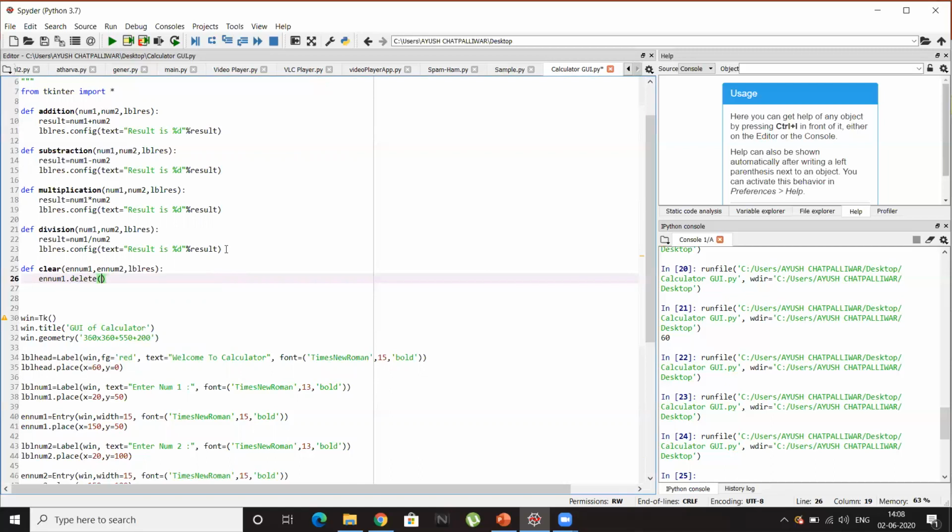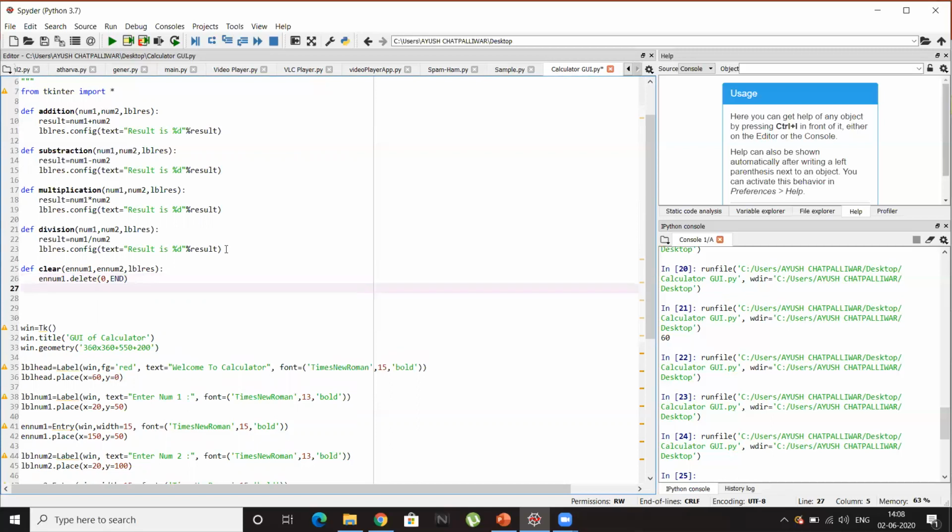Inside that delete function, we just give 0, comma, END in caps. Similarly for en num2, the number 2 entry box dot delete, and inside that 0, comma, END in caps.